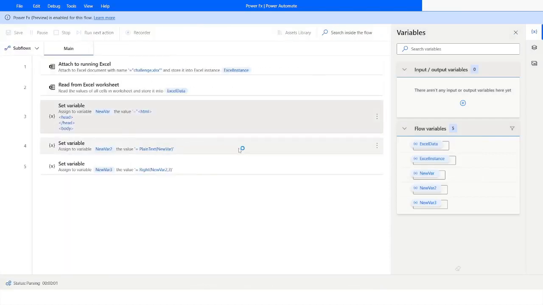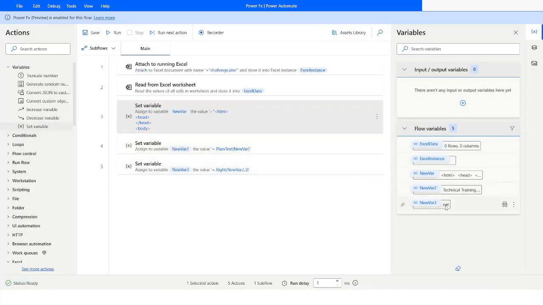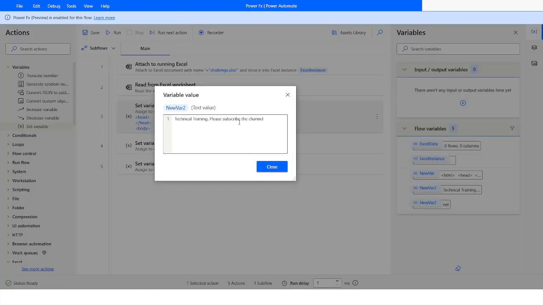I'll run it from the line number 3, and as you can see that it has given me NEL. From this text it has given me 3 characters,